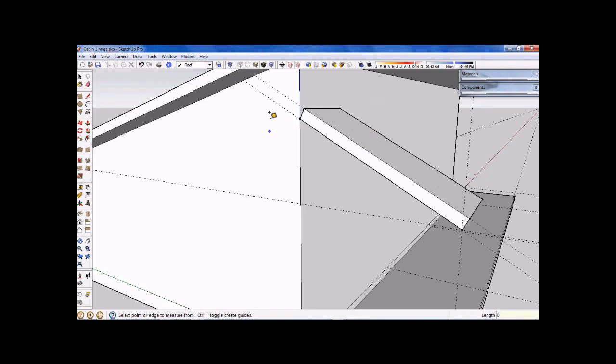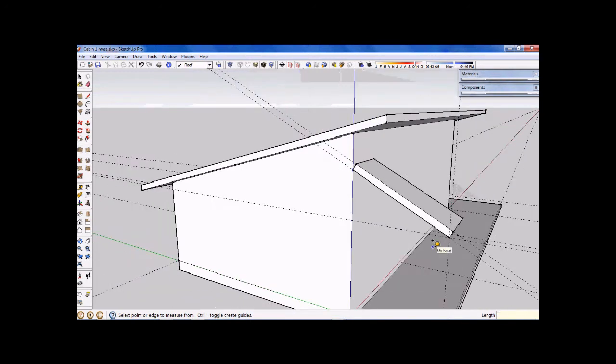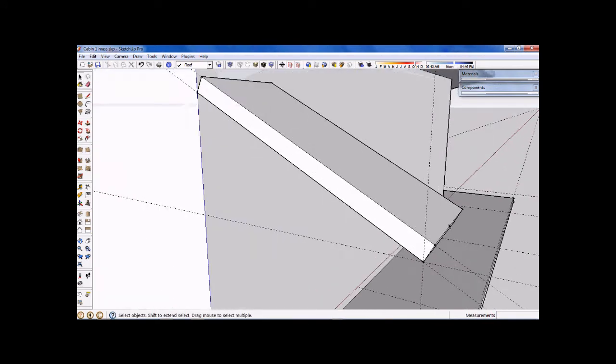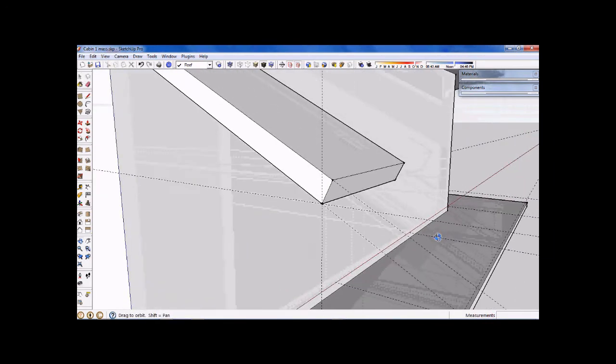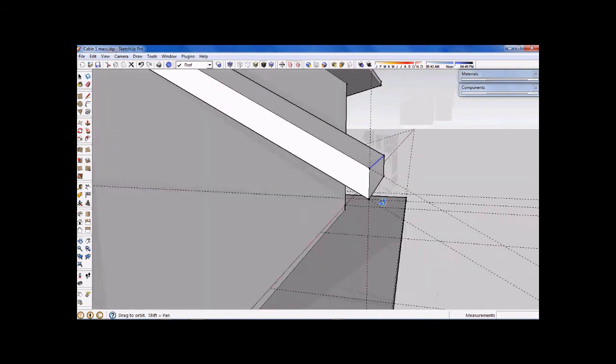The aim of that was so that we can use the select tool up here, so that we can select this edge of the roof and move that edge from its current endpoint back to that intersection point, which will create a plumb face for us for the fascia. We need to do something very similar to that,